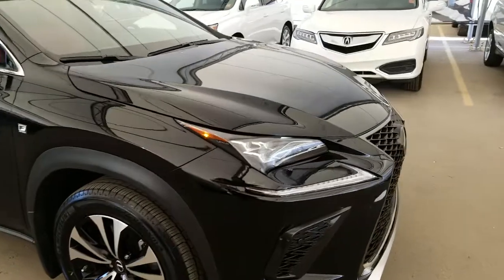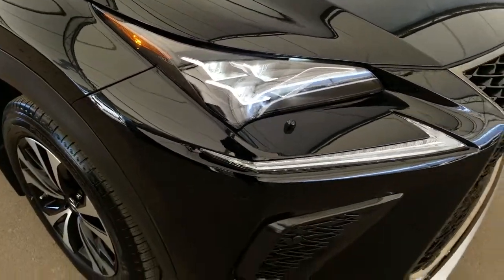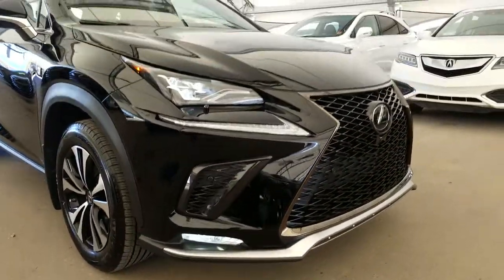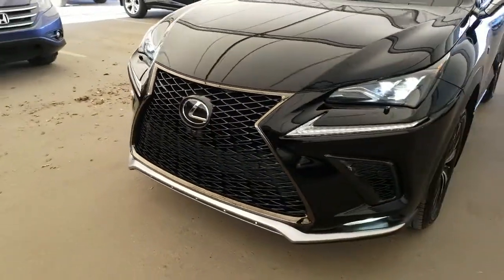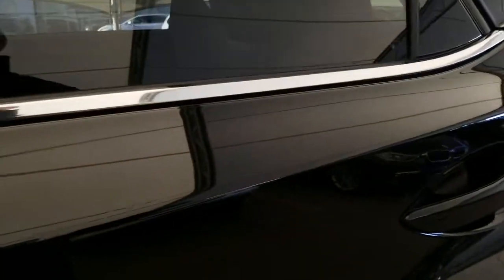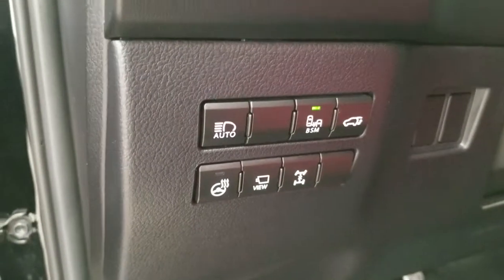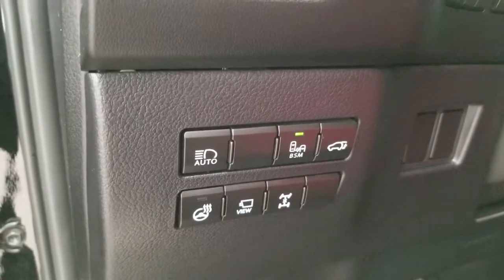Some of the features do include the premium triple beam LED headlamps with the auto leveling headlamp system, LED daytime running lights, LED fog lights, F Sport front grille, front and rear park assist sensors, headlamp washers, keyless entry with the push to start ignition, automatic high beam, blind spot monitor with the rear cross traffic alert, power liftgate, heated steering wheel, panoramic view monitor,